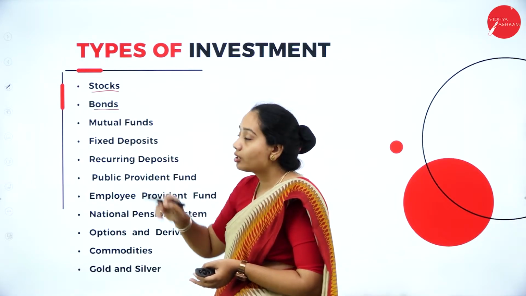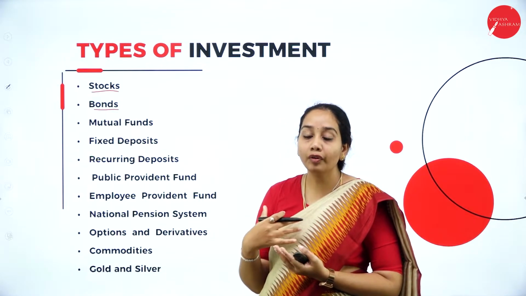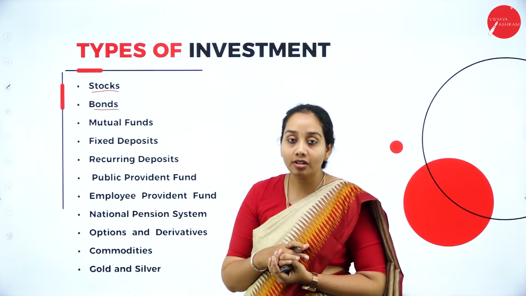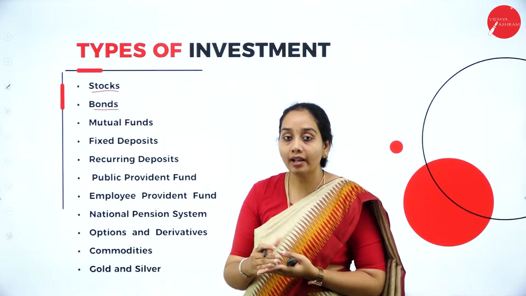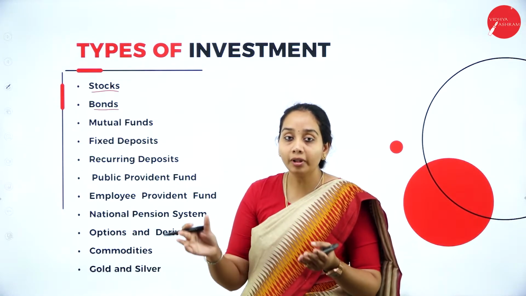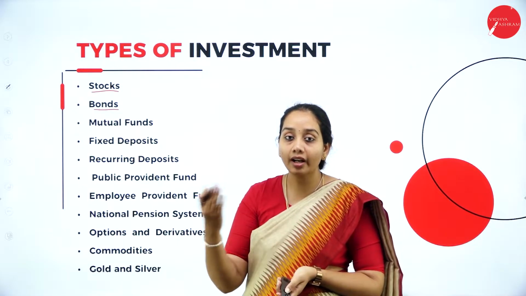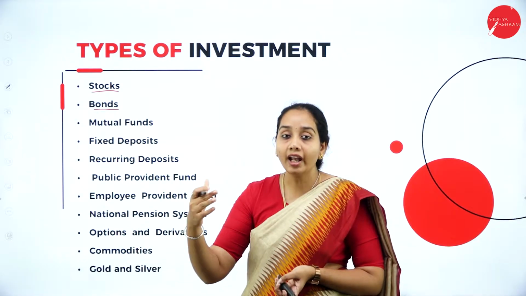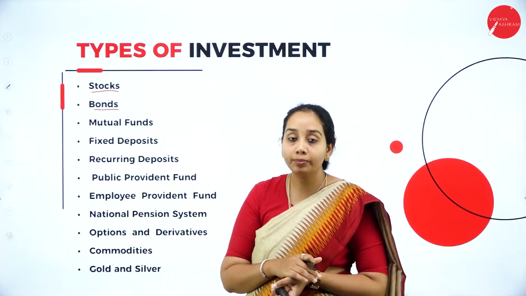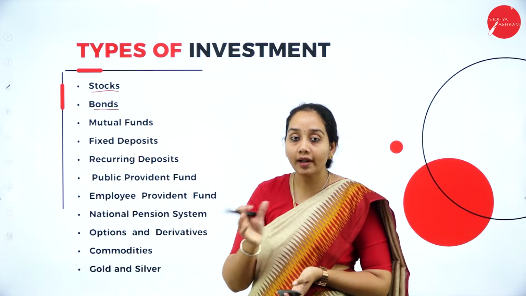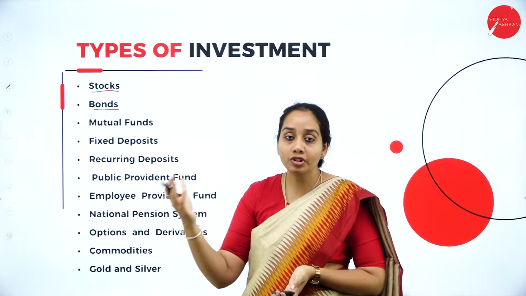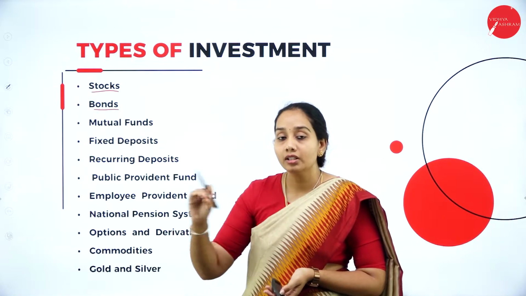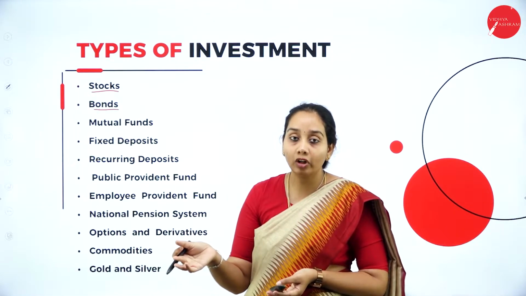Next is bonds. Bonds are a kind of debt instrument that is raised by the government or any government related institution. The basic concept of bonds is that it is a kind of formal contract between the investor and the issuer. The investor is a person who is going to give the loan to the issuer, and the issuer is going to give the certificate of bond with the details of the face value, the maturity period, and the maturity percentage interest that he is going to pay to the investor for a period of time. That contract will be called a bond.